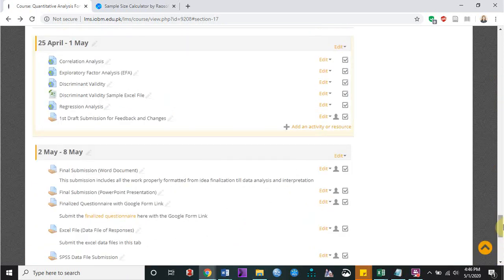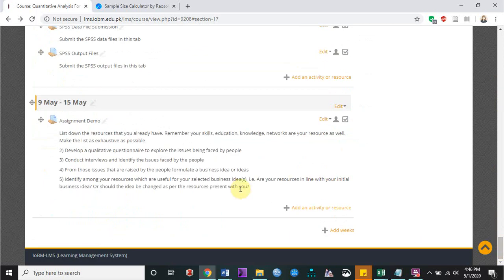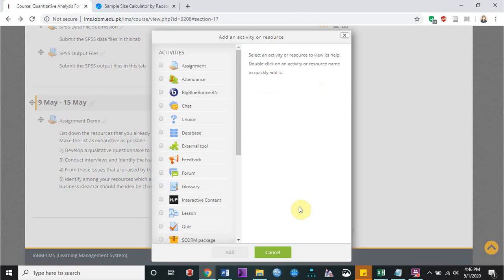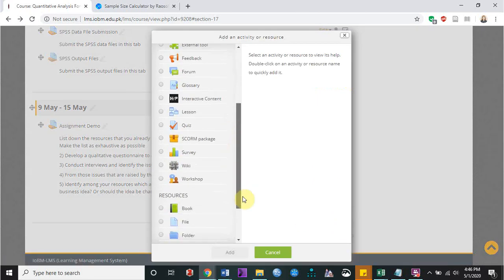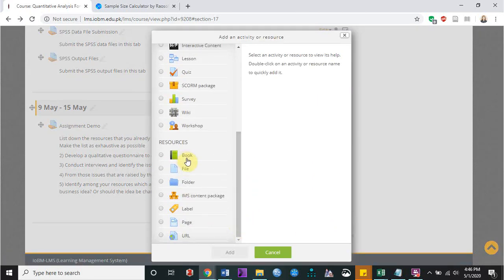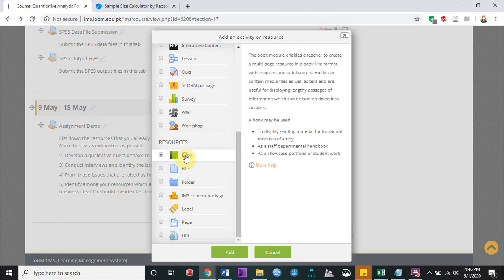Now let's try uploading a file as a resource. I again went to this add activity or resource option, scroll down. Now I want to add a book. I clicked on the book, add.